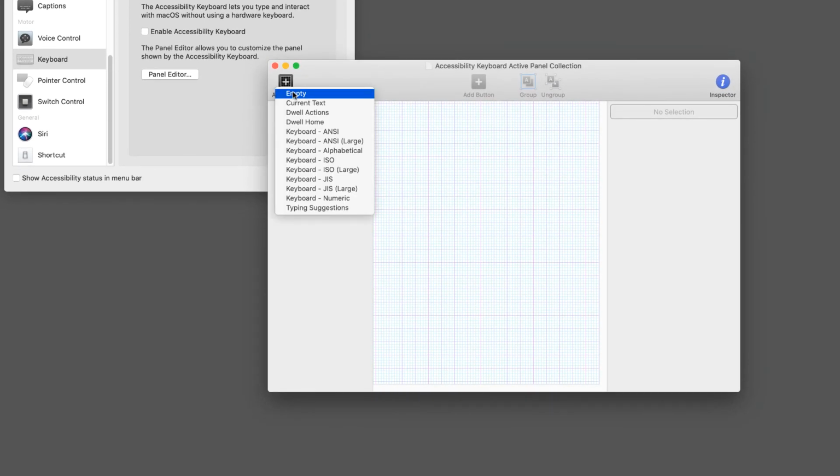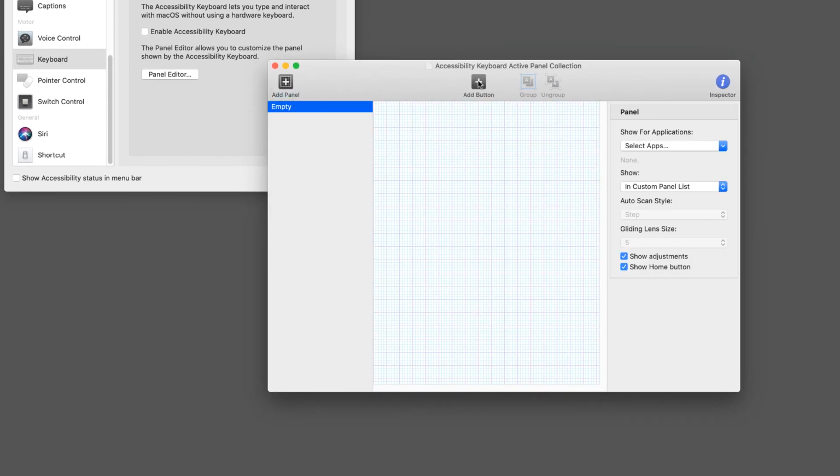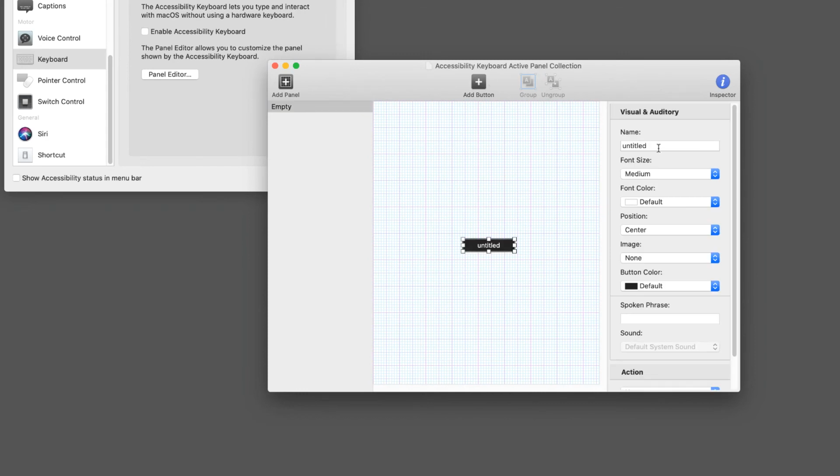We open the Panel Editor. We will create a button that will help us create a frequently used email template. We create the Email to John button, which invokes an AppleScript program.